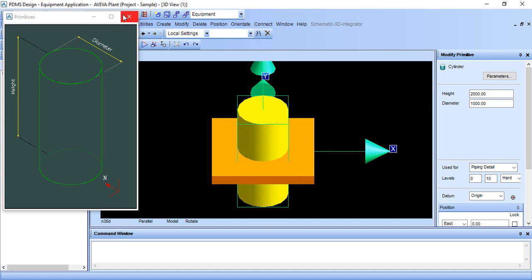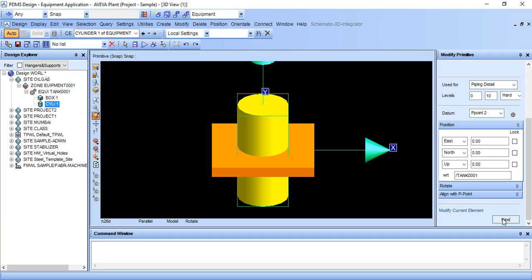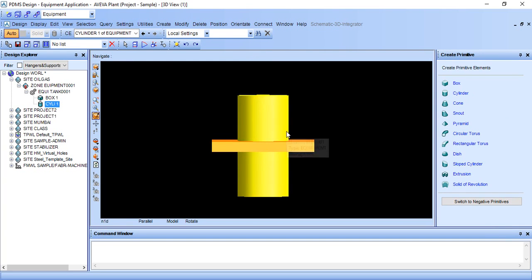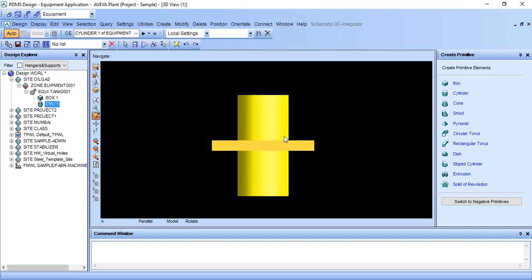So it is created. To exit the command, click Next. So it is exited, but it has come exactly in the center of this.